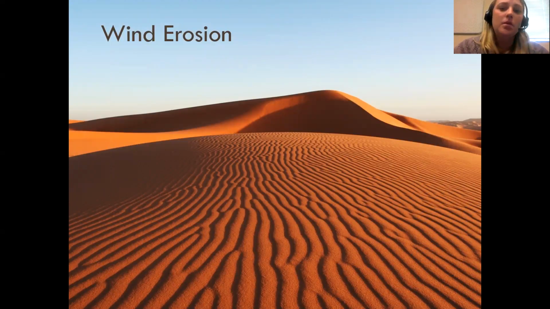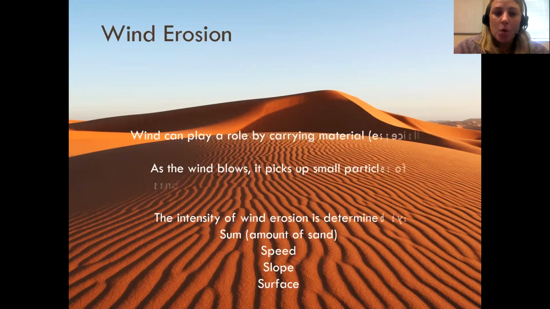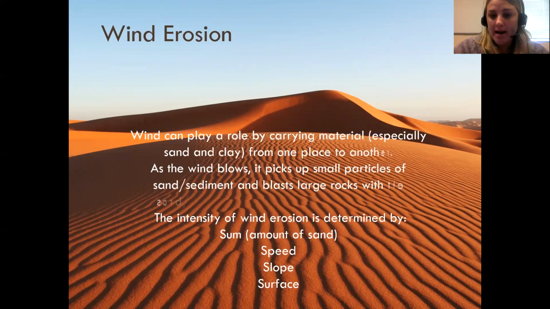The first type of erosion that we're going to talk about is wind erosion. Wind can play a role by carrying material, like sand and clay, and the reason is that they're not as heavy. So it's going to pick it up from one place and move it to another. As the wind blows, it's going to pick up those small particles of sand or sediment, and it's going to blast those large rocks,